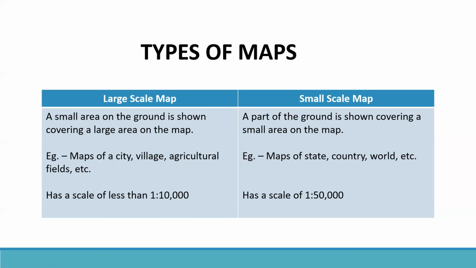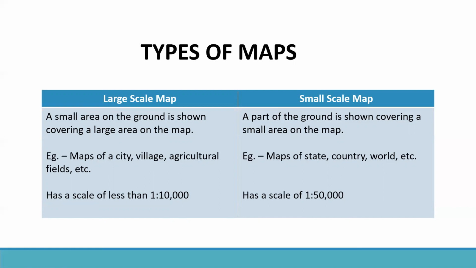Now these maps have got a scale of 1 is to 50,000. So for example, a numerical scale of 1 is to 10,000 will be called a large scale map. And a numerical scale of 1 is to 1 lakh, a small scale. It is just like when you do in maths, you compare two fractions. The fraction with a smaller number in the denominator has a higher value, no? Similarly, the lower value will be a large scale map and the bigger value will be a small scale map.